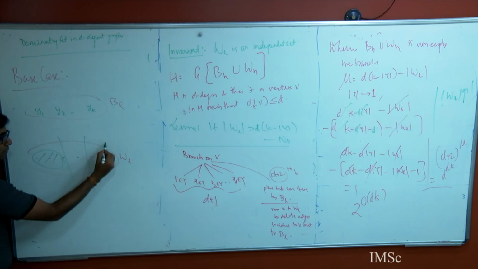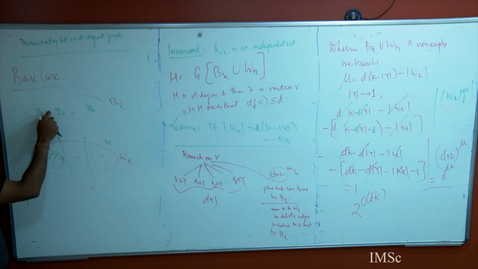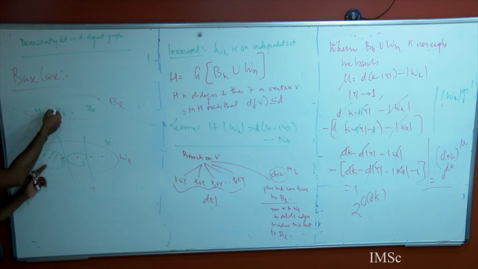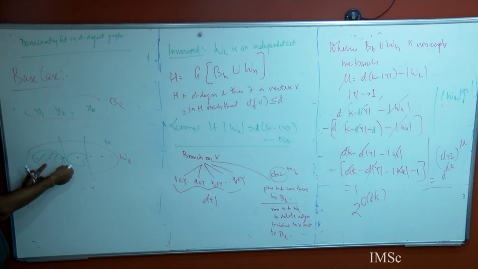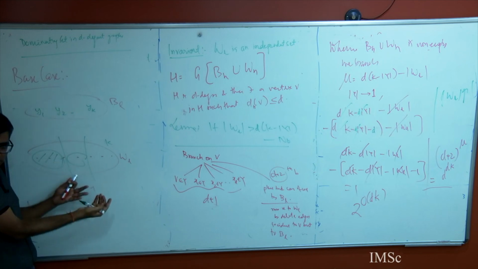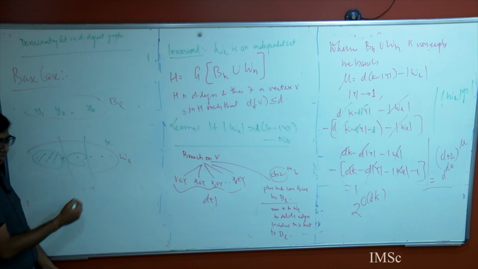So I partition into k parts. Maybe Y2 also dominates some portion, I don't care. Once I gave you this partition, is there a vertex here which dominates these guys? Yeah, check the neighborhood, done. Second, is there a vertex which dominates these guys? Done. Greedy, now I can do greedy, but this will take you kd to the power k,